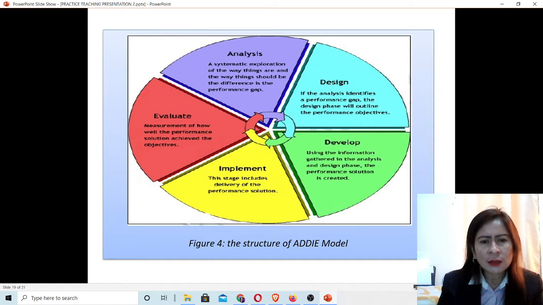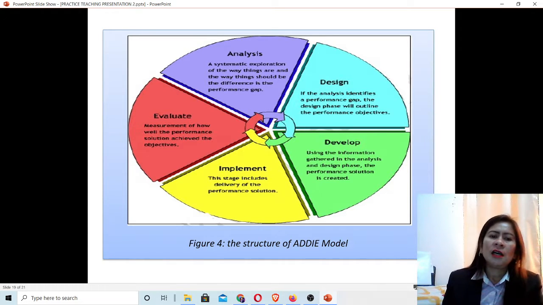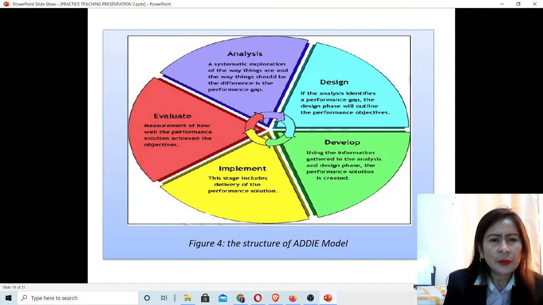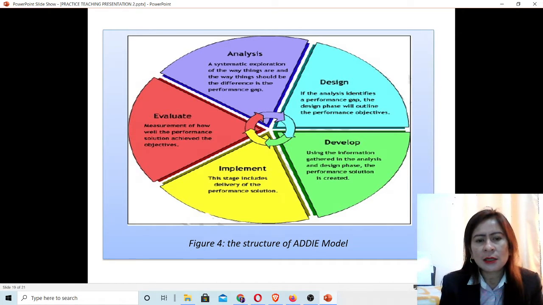This includes the delivery of the performance solution. Evaluate. Measurement of how well the performance solution achieves the objectives. This is the structure of the ADDIE model.